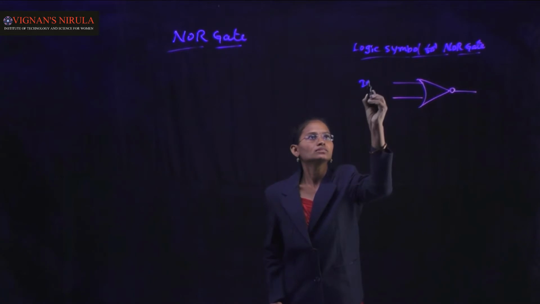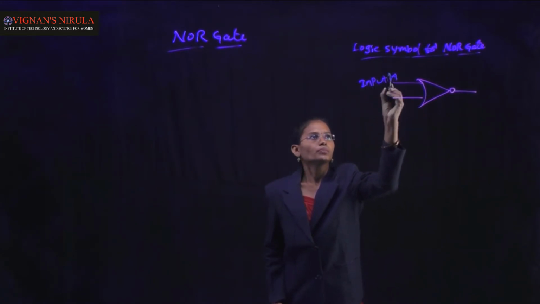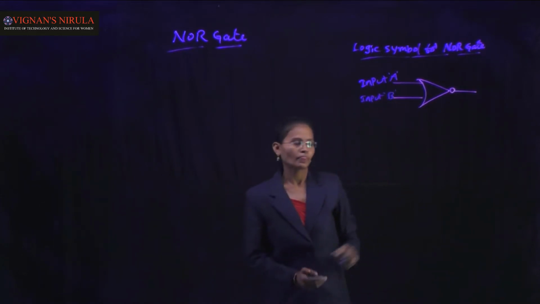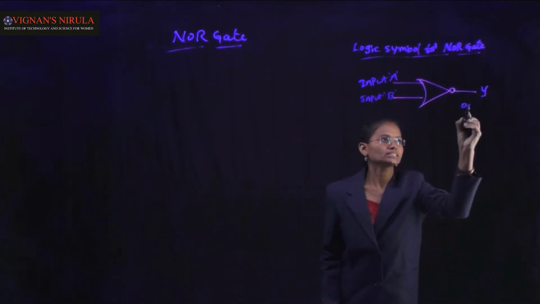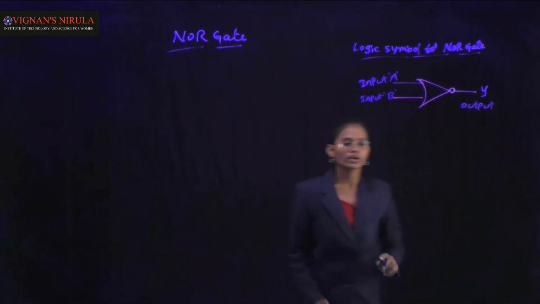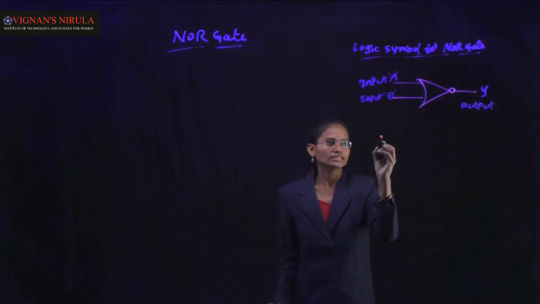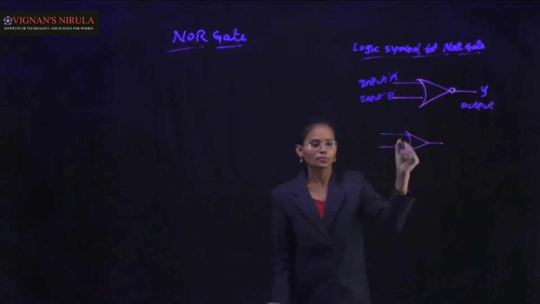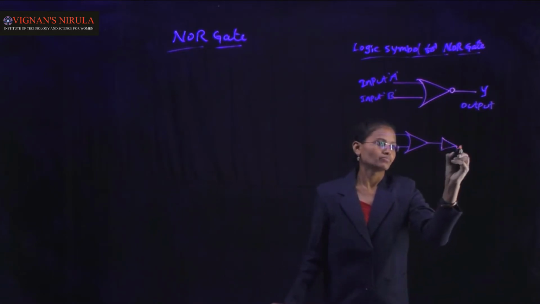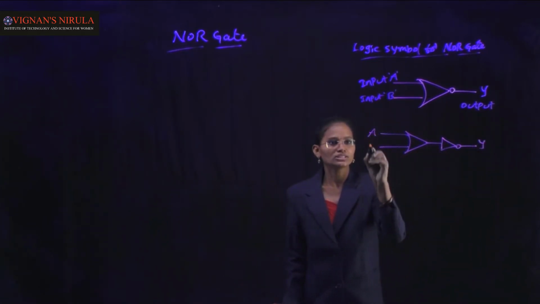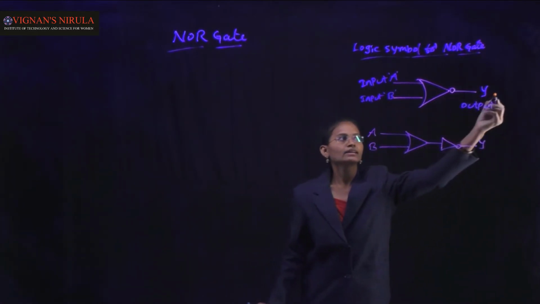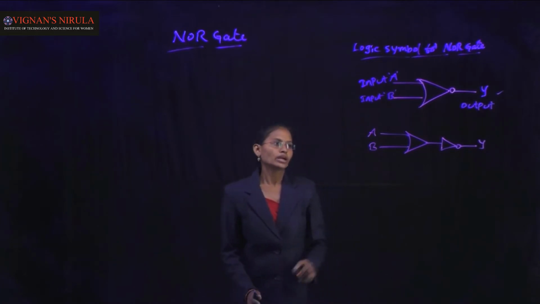Here two inputs, input A and input B, produce a single output, that is the Y output. Okay, and also write down the logic symbol, and this is the OR gate. This is the reverse operation of the OR gate. Okay, you can write down this one also. Finally, you write down this NOR gate symbol by using the basic gates. Basic gate is the NOT gate.